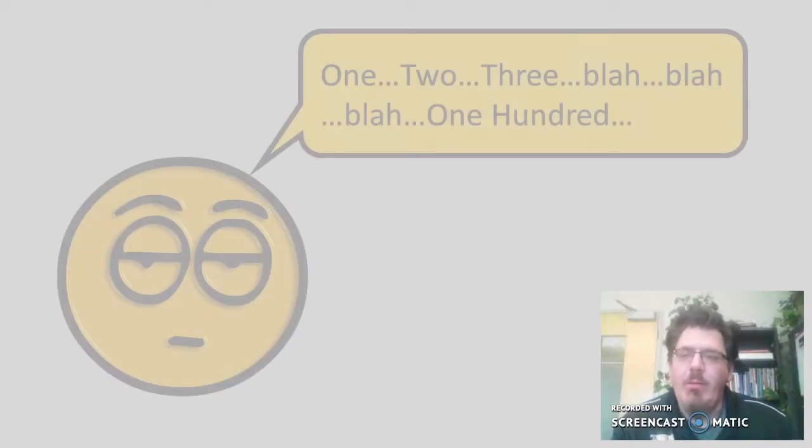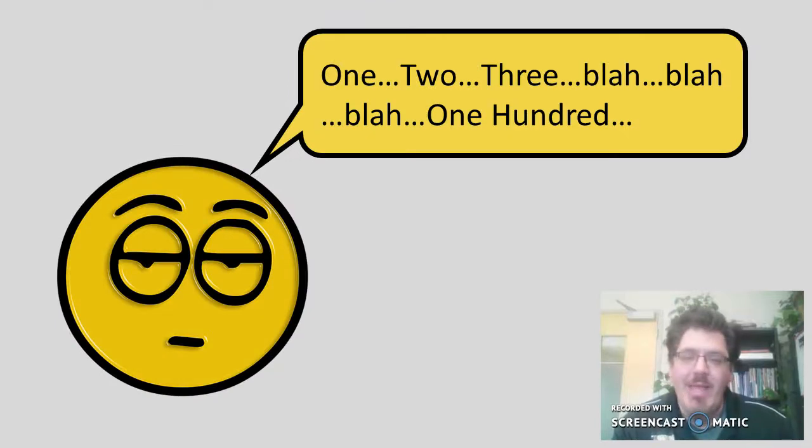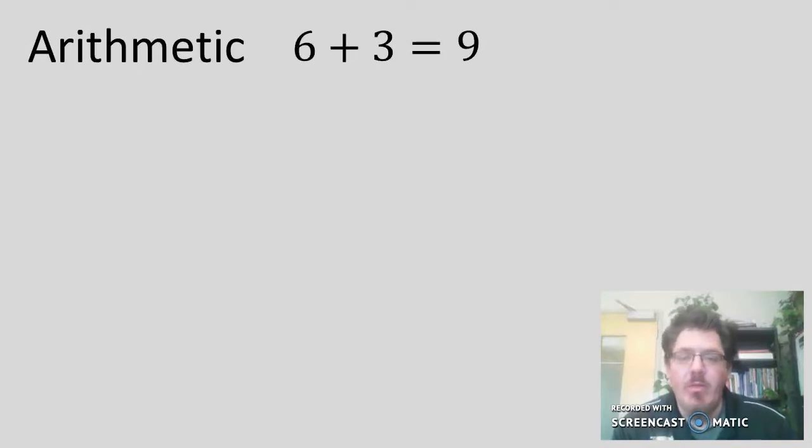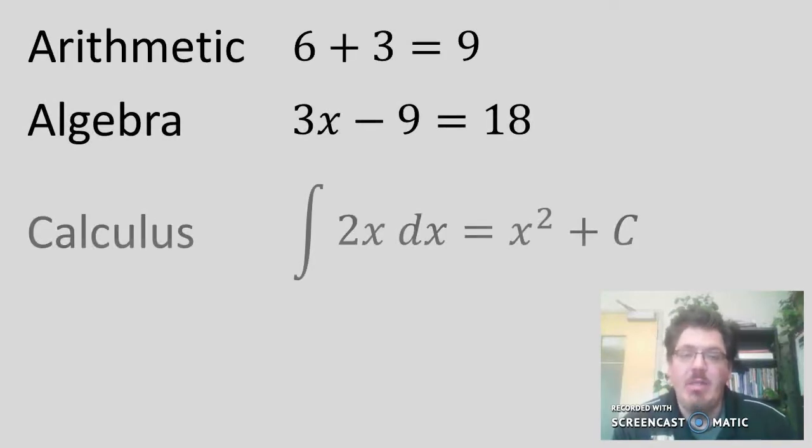Counting to 100 probably seems like a pretty boring, basic idea, and you're probably right. But this basic skill is essential to everything that we do in math. If you can count, then you have the ability to do arithmetic, algebra, and even calculus. For young kids, learning how to count provides the foundation for developing their math skills. Just like learning the alphabet is essential to reading and writing, counting is key to mathematical reasoning and problem solving.